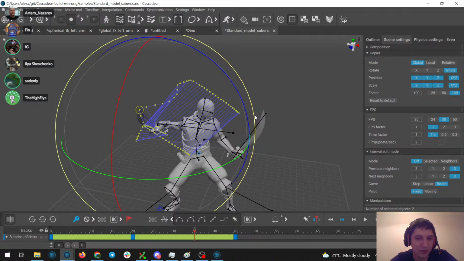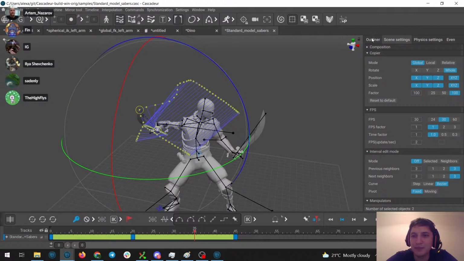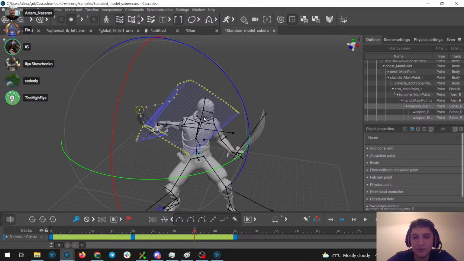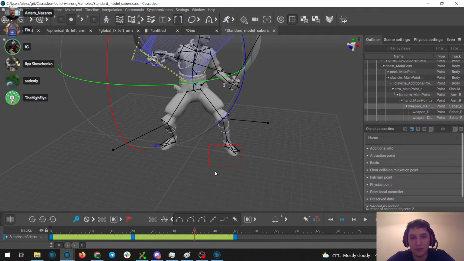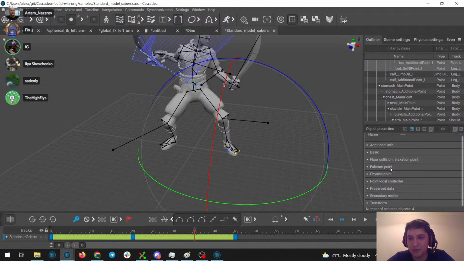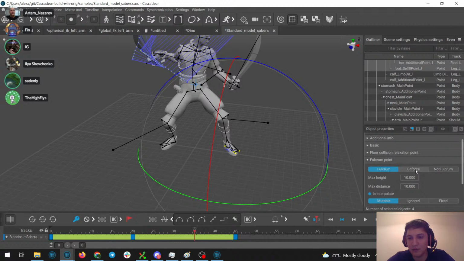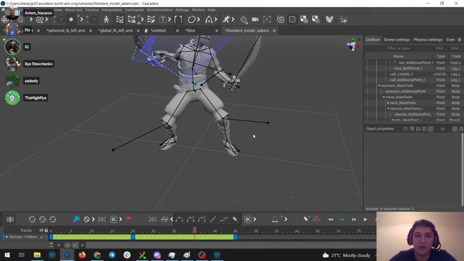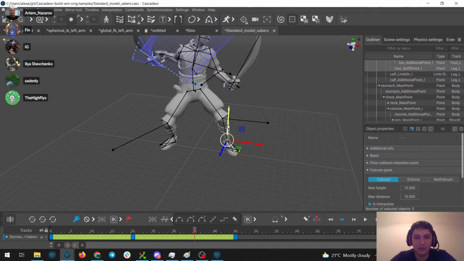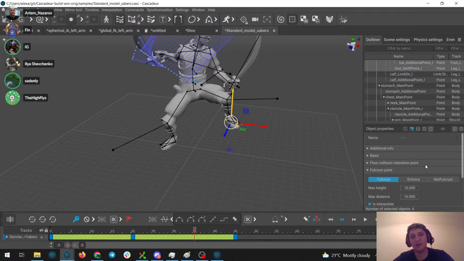Hi, do you hear me? Yeah, hi. I found the button. What I mean to say is if you go to the properties of the foot object, for example, you have a button for fulcrum and force. You can key them by hand, and not let them be calculated automatically. Yeah, that's true.